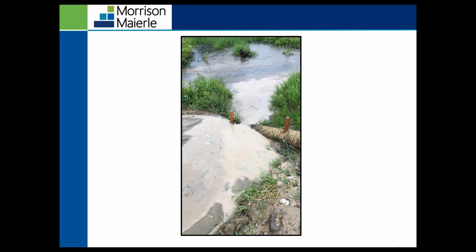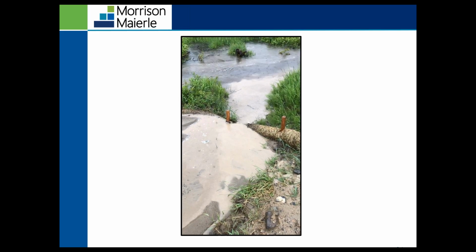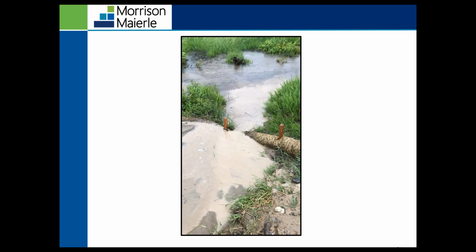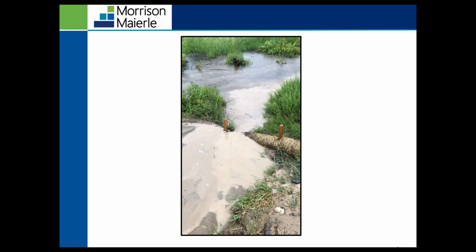This is a photo I think is a really good photo. It's not good in the sense that sediment's being discharged into a creek, but it really is showing how this straw wattle that is staked and trenched is still being overwhelmed, resulting in sediment being carried directly into our water bodies, polluting the water quality standard of this creek. So corrective actions for this: this BMP, while it's installed correctly, is not effective at preventing sediment from discharging into the water body.